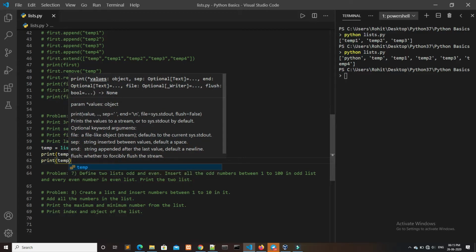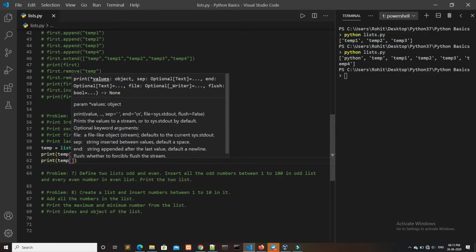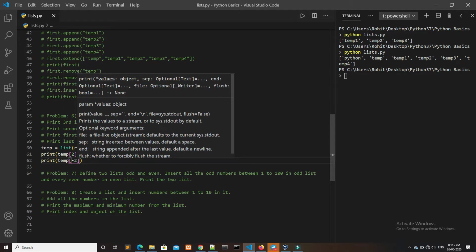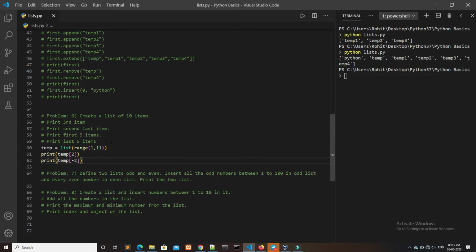So to print the second last item, we have to give -2 here. It will print the second last item. Okay, so first I will print these parts. As we can see, at position number 2, we have the value 3 and the second last value must be 9.